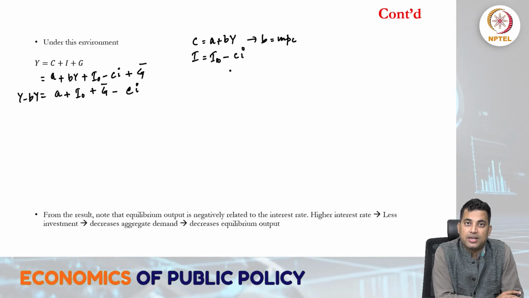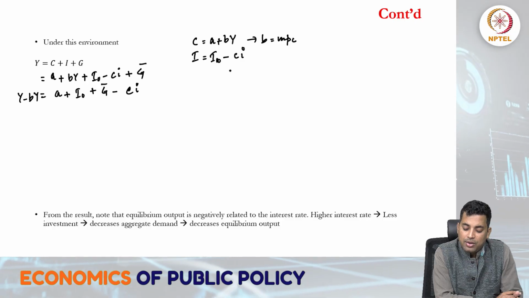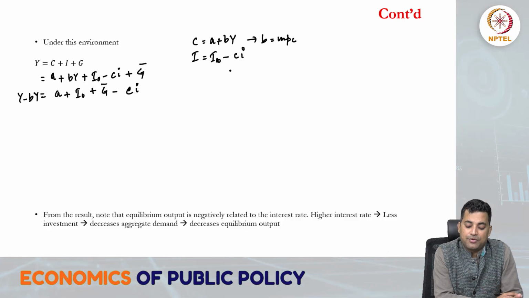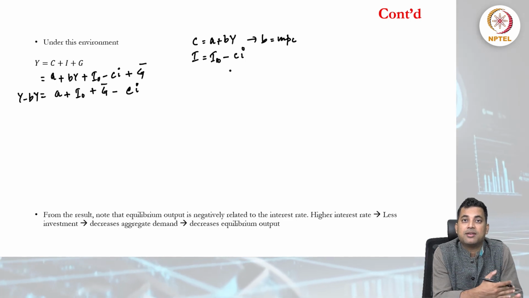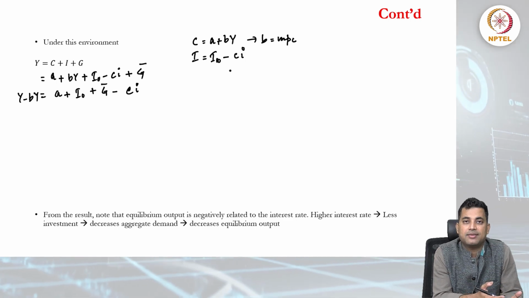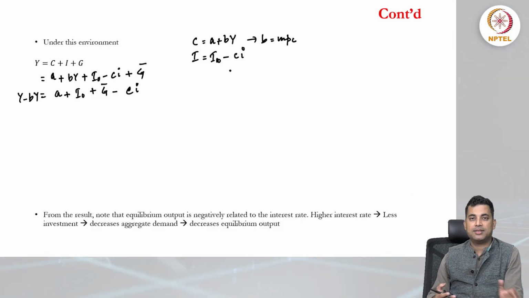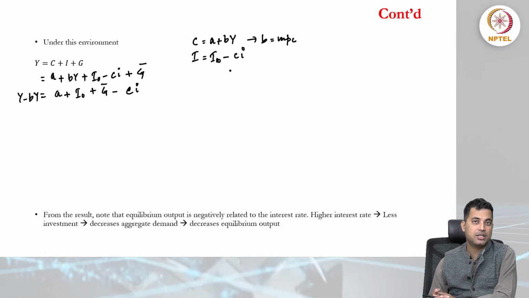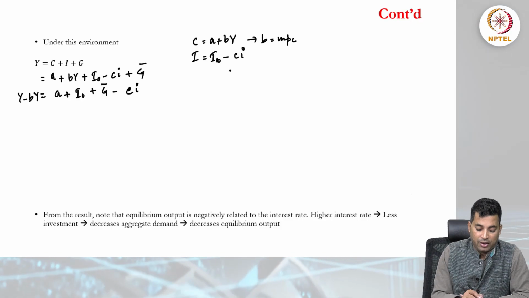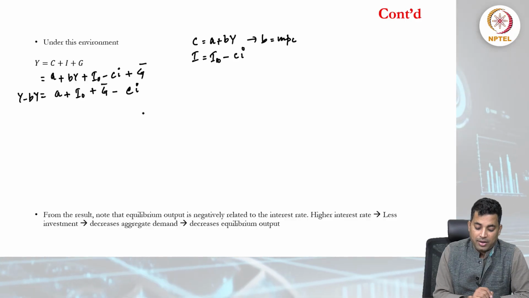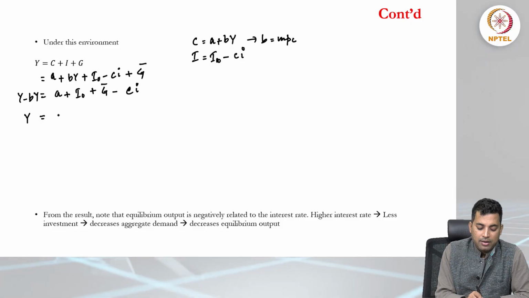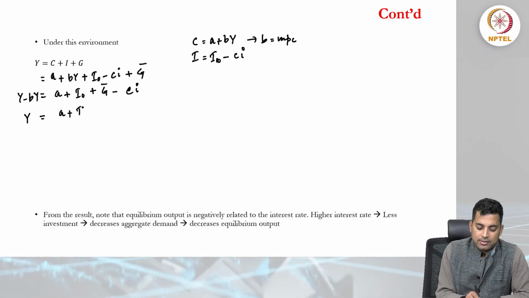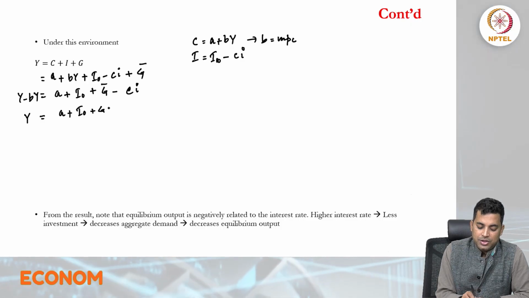That is the coefficient we are trying to understand: the effect on investment due to changes in the rate of interest. The negative sign denotes the relationship between capital I and small i. So here Y will be A plus I naught plus G